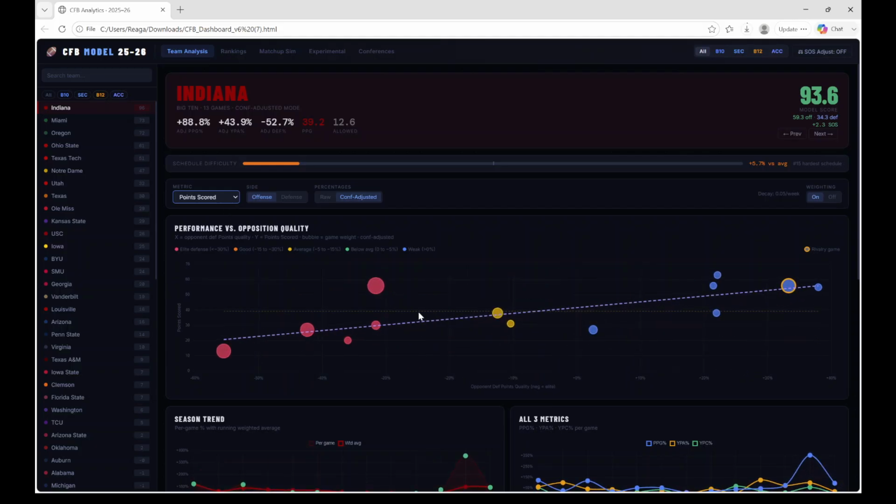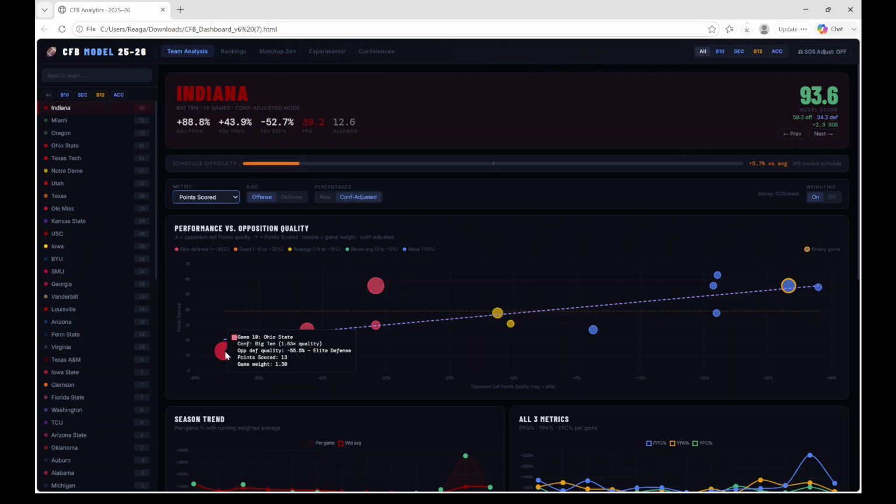So for points scored, for example, this is for Indiana, and the y-axis is for offensive points scored. It is, as you would guess, the number of points Indiana put up in said game. So, see here against Oregon, they put up 56, correlates there. And then the x-axis is pretty much the quality of the scoring defense they played. So over here, the best one they played is Ohio State. And I myself am an Ohio State fan, and I was at that game, in fact. So Indiana put up 13 on Ohio State,